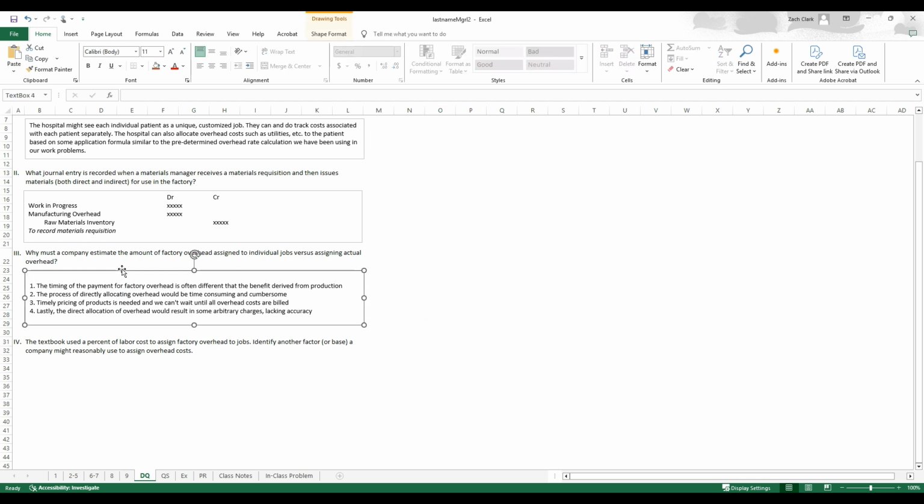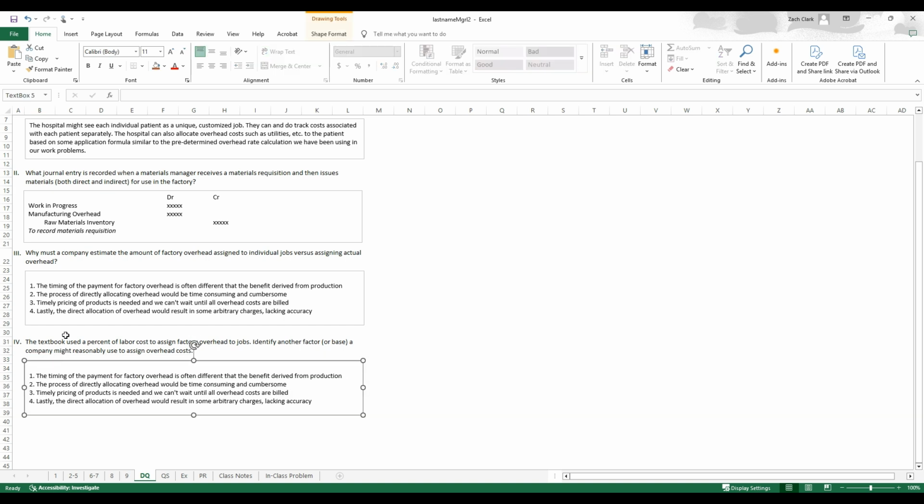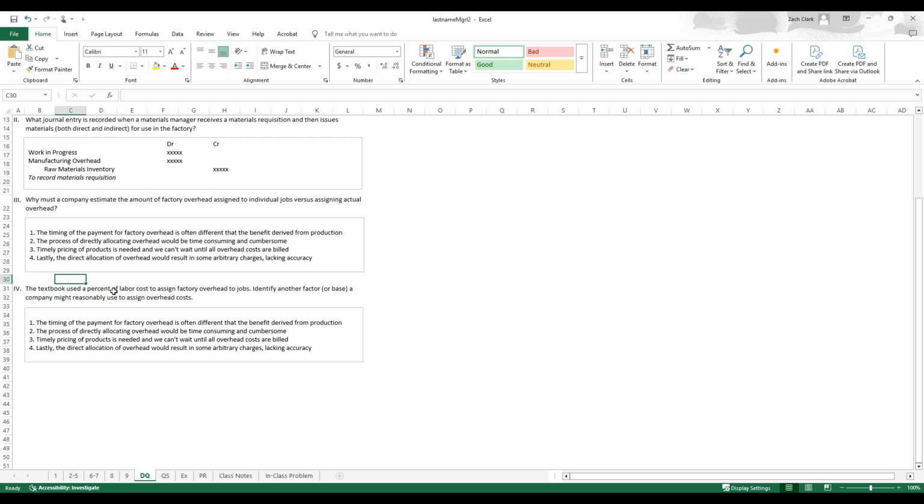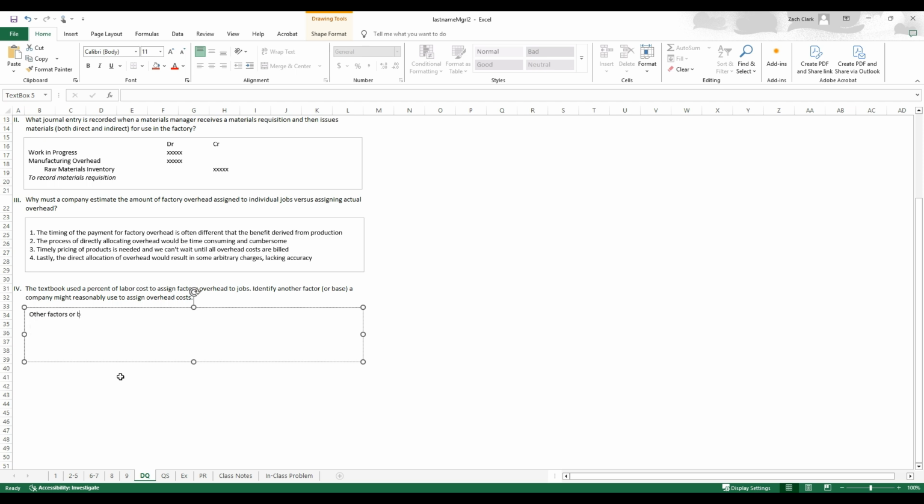Okay, and that's good. Let's copy this one again and paste it down here and move it down a little bit. Clean it up. Okay, the textbook used a percent of labor cost to assign factory overhead. Identify another factor or base the company might reasonably use. We've talked about this a little bit in our lecture, and in the lecture video this is discussed. But some other factors or bases that are often used to assign overhead include machine hours,